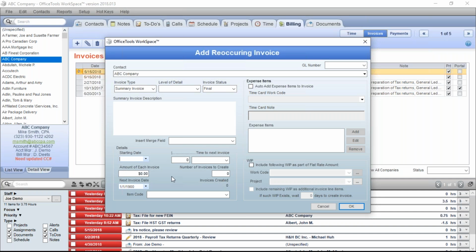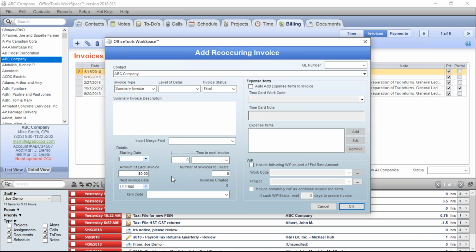Now below that, there are the obvious things that make this a reoccurring invoice, something that's going to be automatically generated, where we have to set up how often we want it to be created. What is the amount of the invoices? How many of them to create? Maybe we only want to create them for a year. Okay, so this is where we can go ahead and set up all those functionalities. And it's really great for that purpose because we can, again, say, I want to bill this client $500 a month, once a month for the next 12 months.